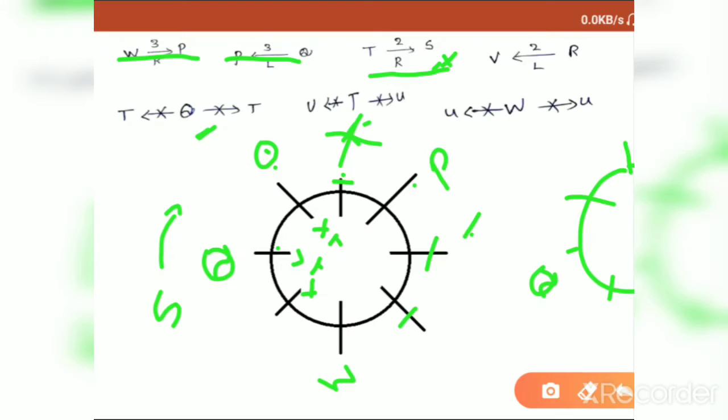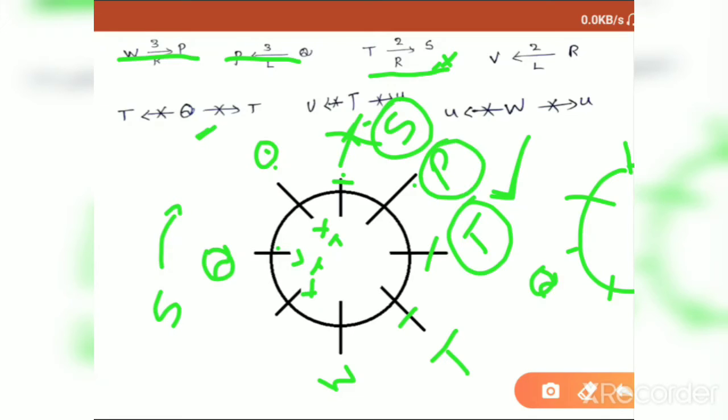Next, coming here, if you place T here, second right side, so it will be yes. Is this information correct? Yes, it can be valid. Next, coming to this place, if you place T here, which place will be yes? This place where P is already sitting. So in this place also T is not correct. So what is the exact place of T? This place, and second right side will be yes. Okay, do you understand now, guys?